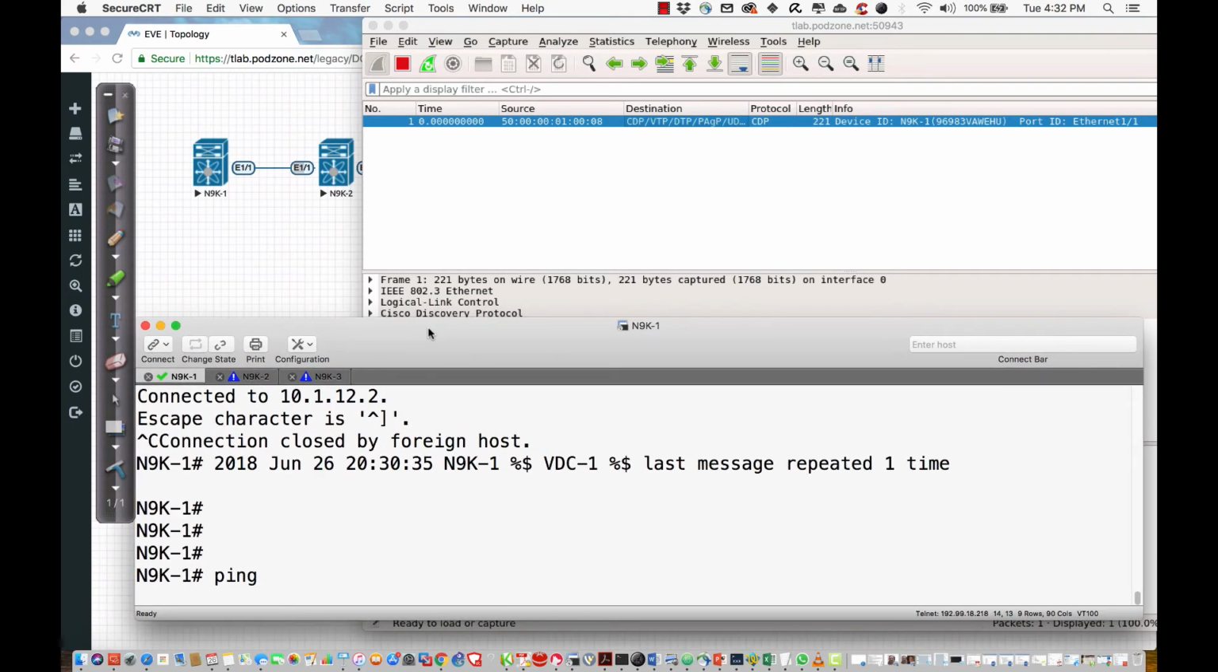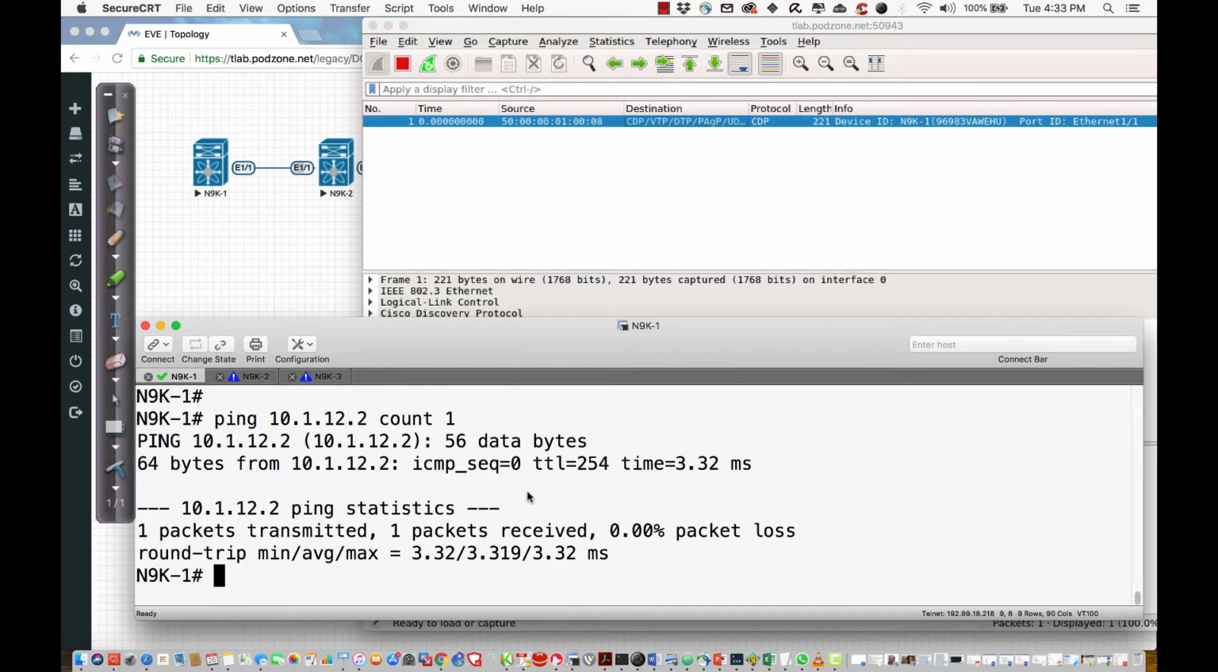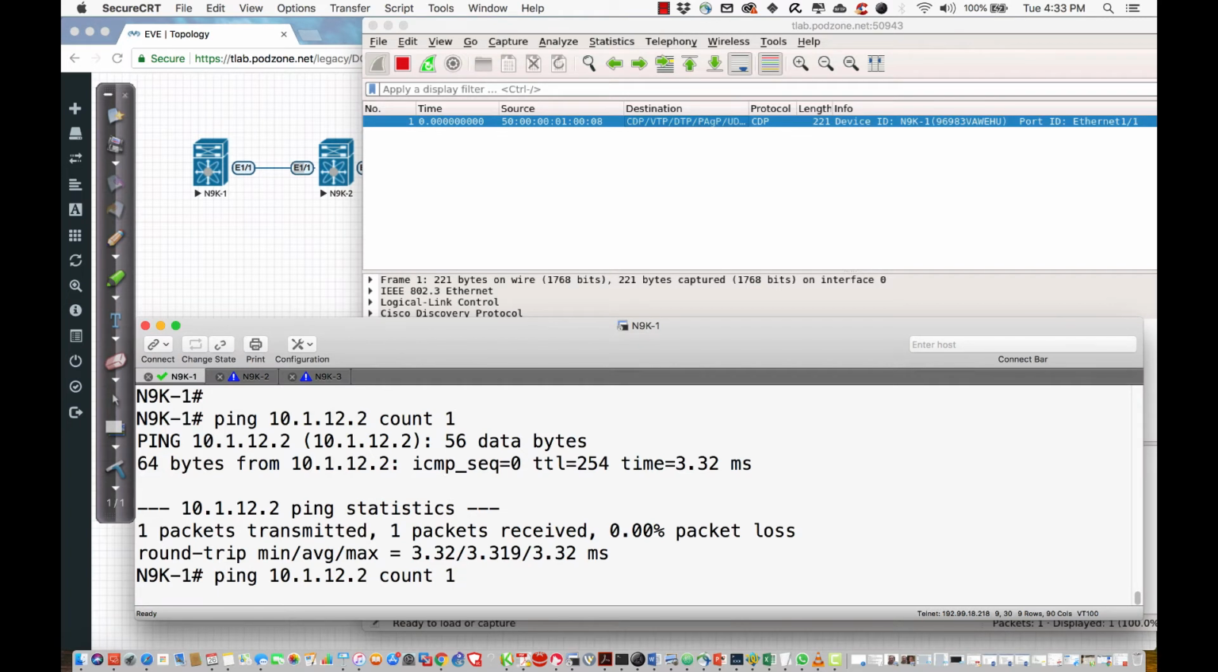There we go. So let's say I ping 10.1.12.2, but this time I'm going to do it with just a single ping. If I hit enter here, we see the ping, and hopefully we should see some results on this side. Let's see if we can ping one more time. So let's say ping,